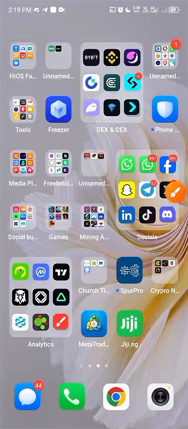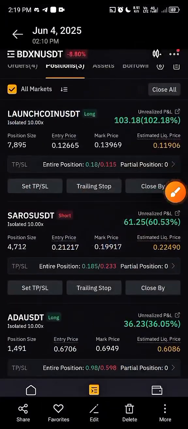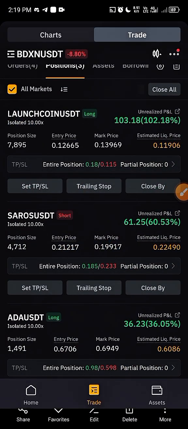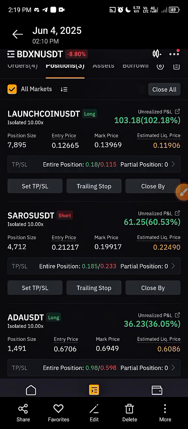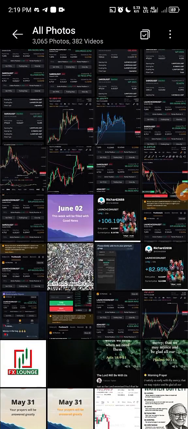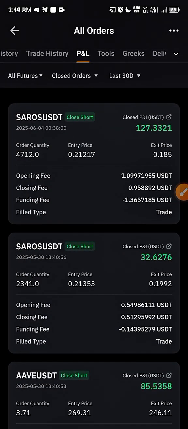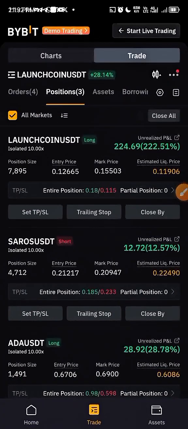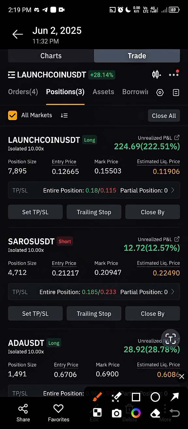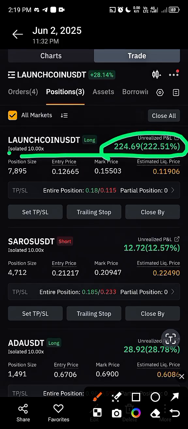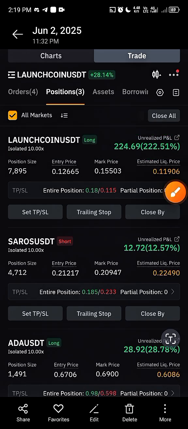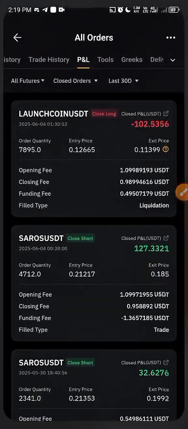Let me show you why I said it went as high as giving us 200 and something percent. So if I come over to this place, let me look for it. I think this is not the trade. I just screenshot it when it was at. Okay, this is it. You can see it here again. Launch coin. You can see 222% right here, giving me $224, right? Now, after this trade went as high as 222%, it actually came back to hit our SL,